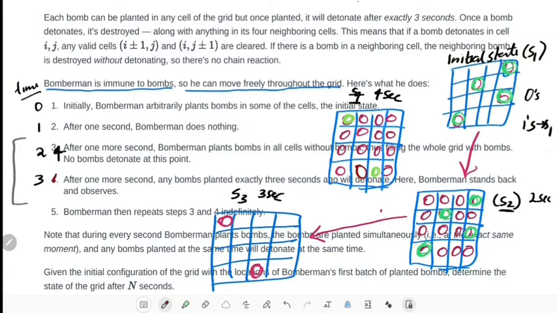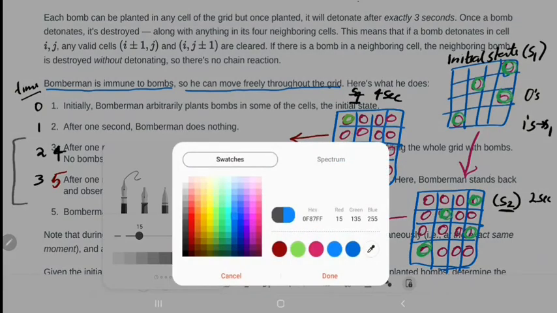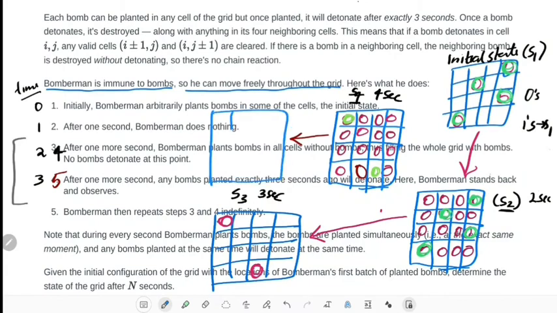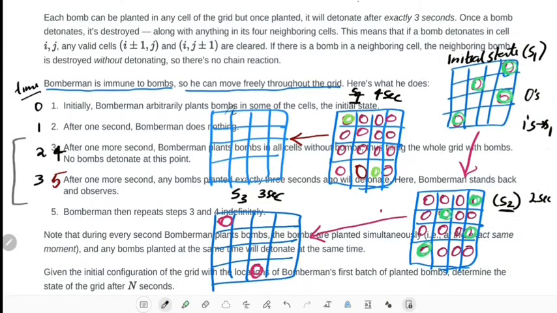Now at time 5 seconds, what will happen is all the bombs which were planted 3 seconds ago will get blasted. All these green bombs will get blasted. So the new state will look like this. If this gets blasted, all its subsequent neighbors, and if this one gets blasted, all its subsequent neighbors.